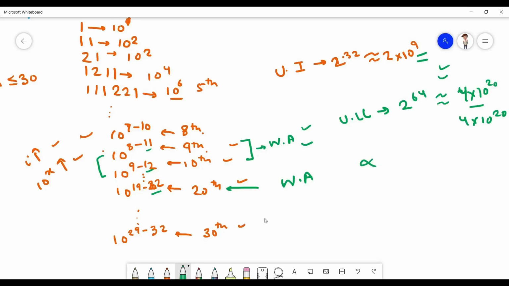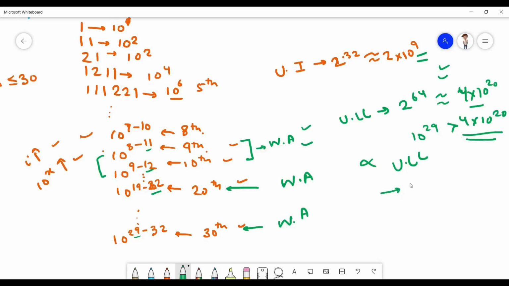Why is it not possible? Look at the 30th example. We get 29 as the minimum power, so 10 raised to the power 29 is greater than this value, right? The upper bound is greater than this value, so we will be getting a wrong answer over here. That's why we are not using unsigned long int also. But in C++, we don't have any big integer class.